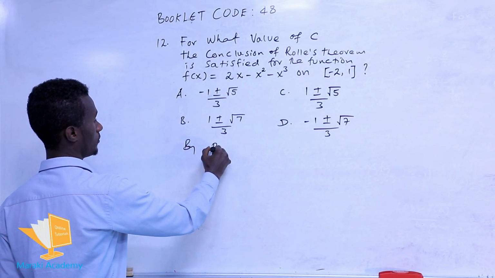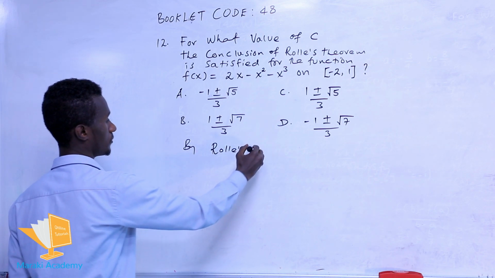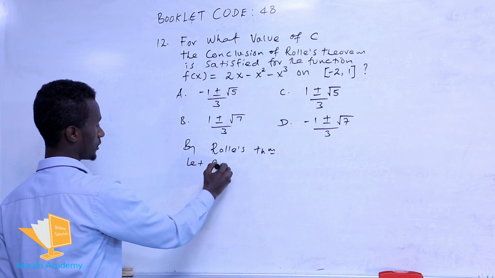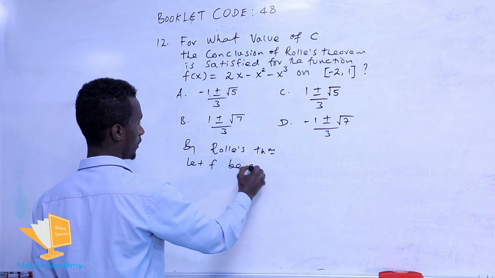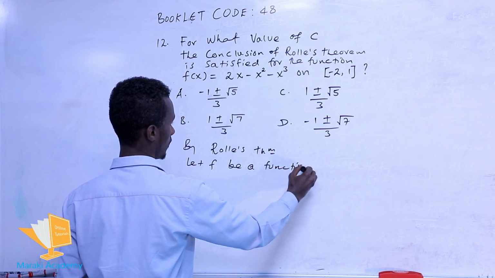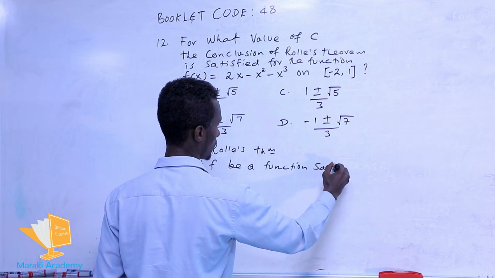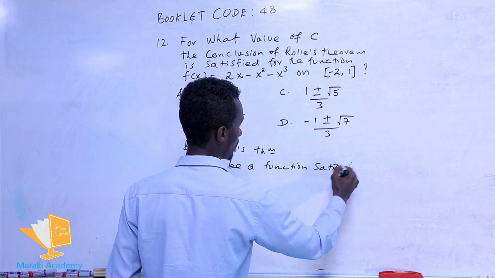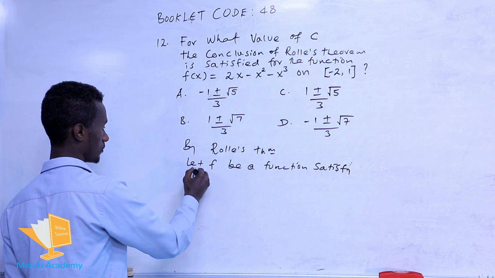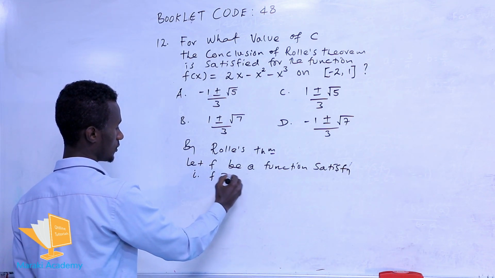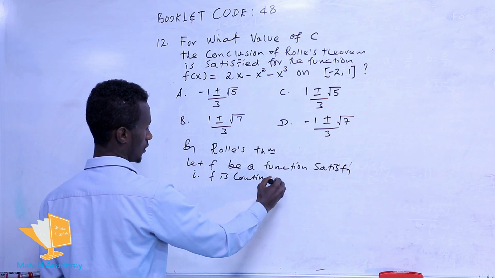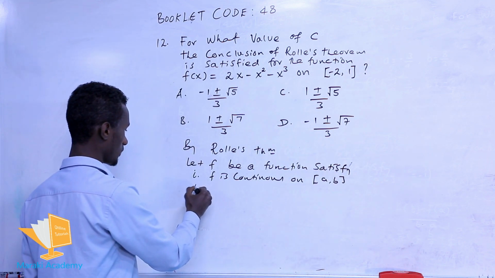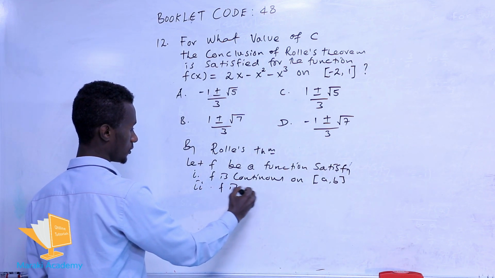By Rolle's theorem, let the function f be a function which satisfies the following conditions. The first, f is continuous on the closed interval a to b, and second, f is differentiable